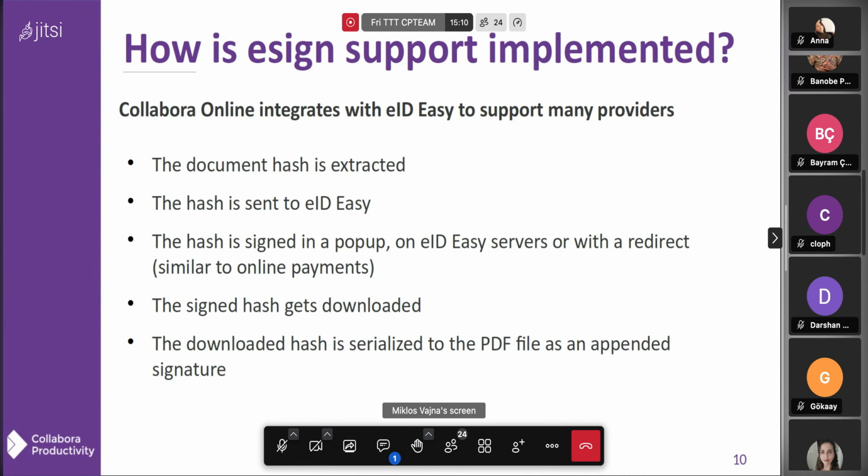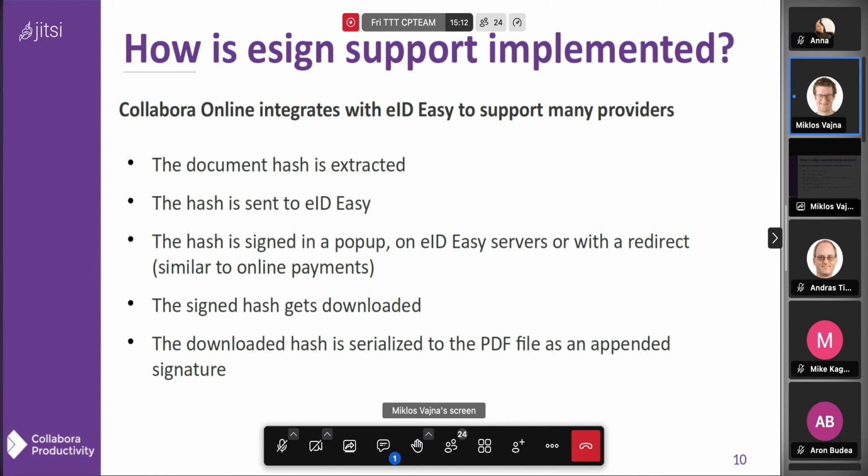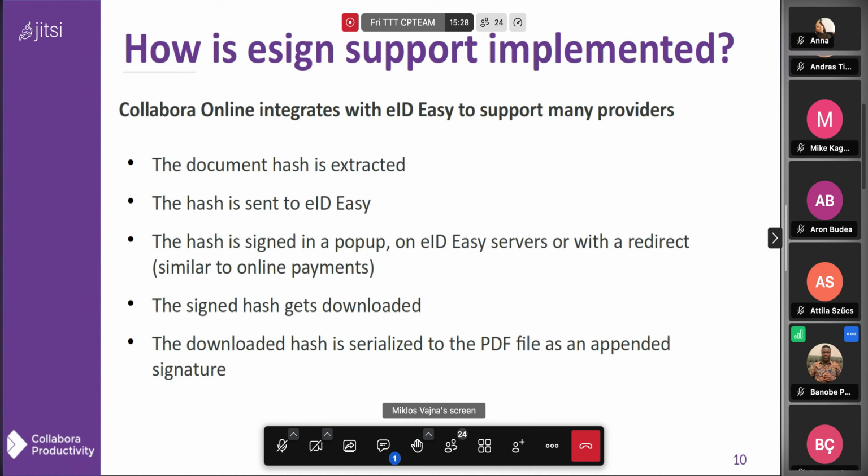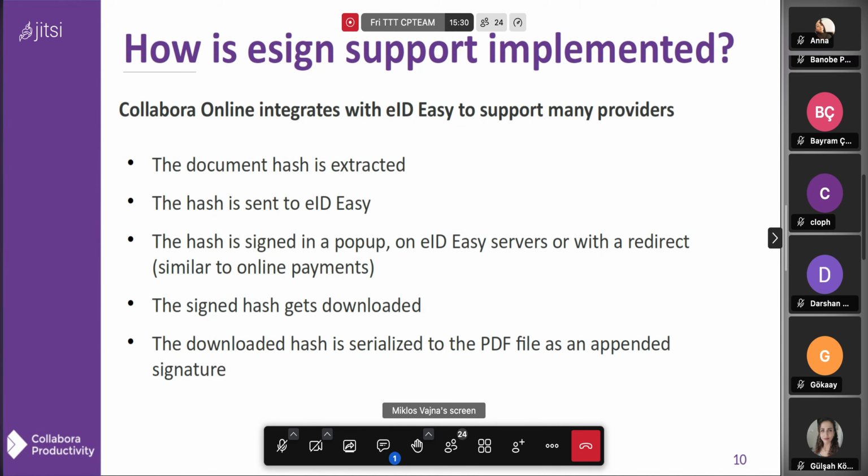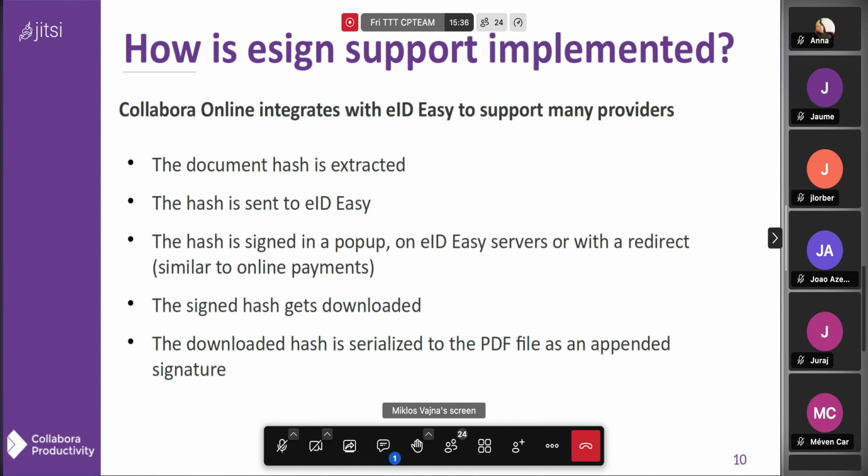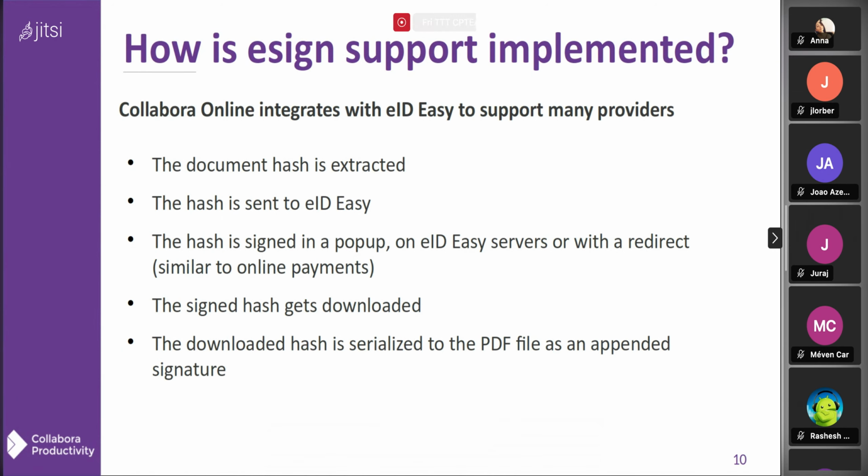And technically, the way it works is that you start executing the PDF signing, but at the point where you would calculate this document hash anyway, instead of handing that hash to the crypto library locally, you abort the whole signing procedure, and you send this hash to the browser. Once the hash is known to online, then we send this hash to eID Easy. Then you get this browser pop-up, and on eID Easy servers,